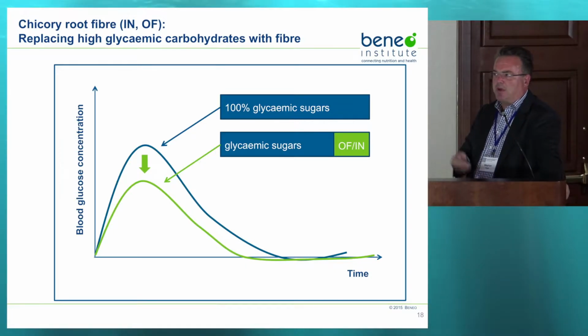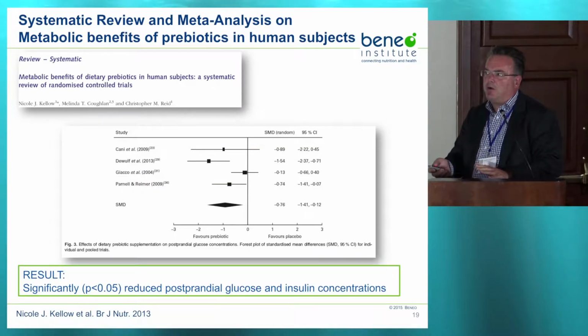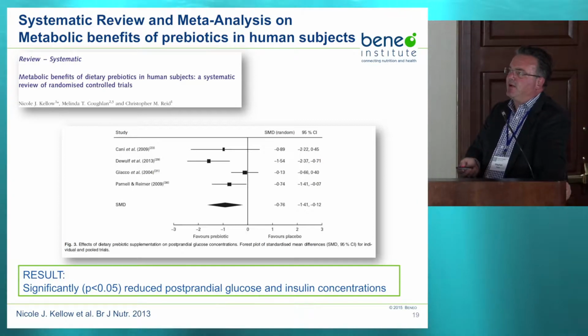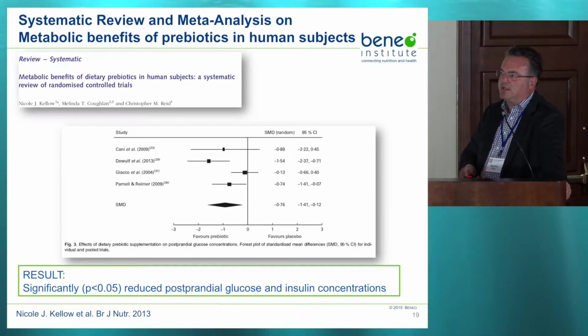But there's much more than this fiber in, sugar out replacement effect when it comes to blood glucose reduction. And this has been summarized in a recent systematic review and meta-analysis by an Australian research group. They could show in this meta-analysis significantly reduced postprandial glucose and insulin concentrations for a more continuous intake